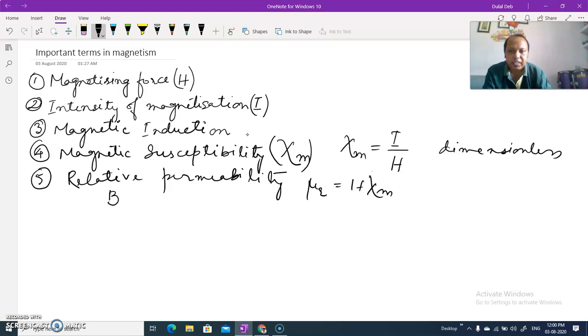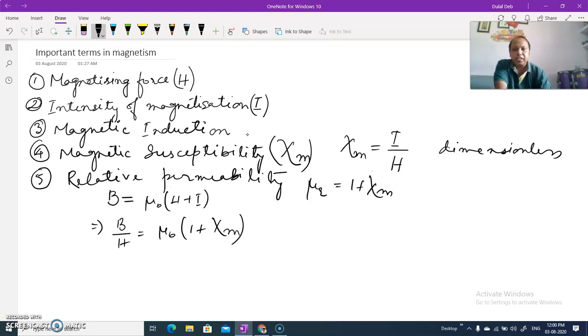We have already seen that B is given by mu naught into H plus I. This formula we have already seen. So we divide each of the terms by H. The first term, mu naught H by H, is mu naught, and I by H is chi m. So we have this relation, and B by H, we know